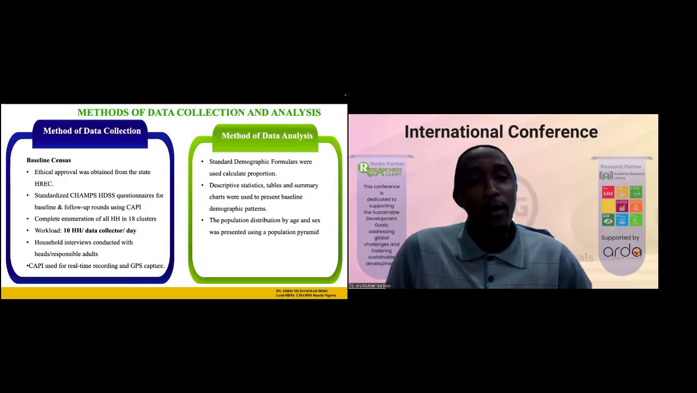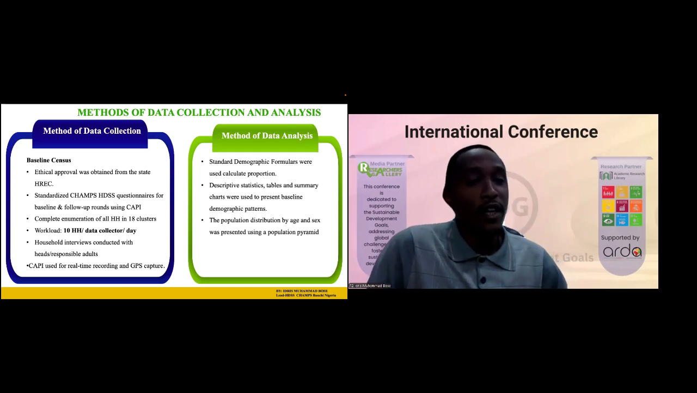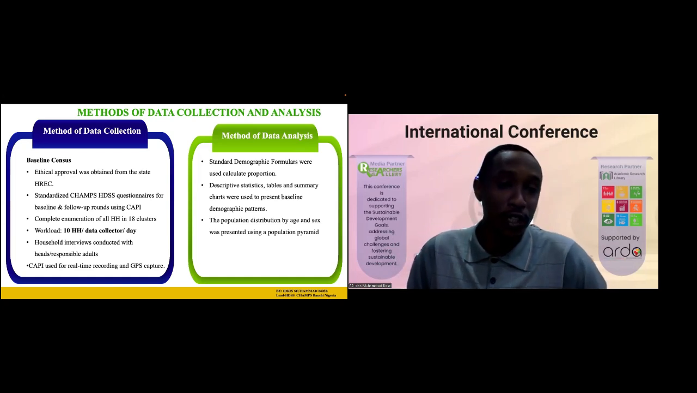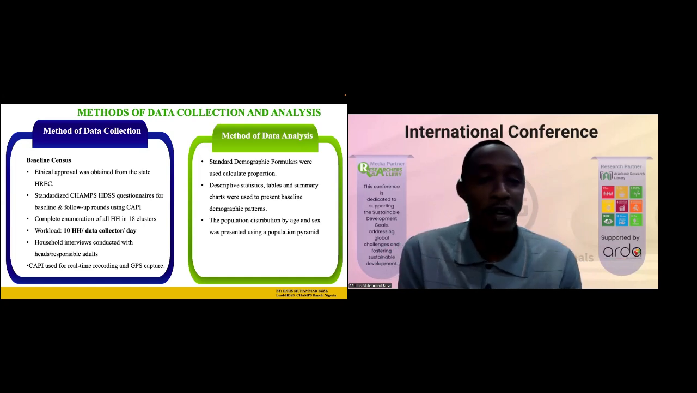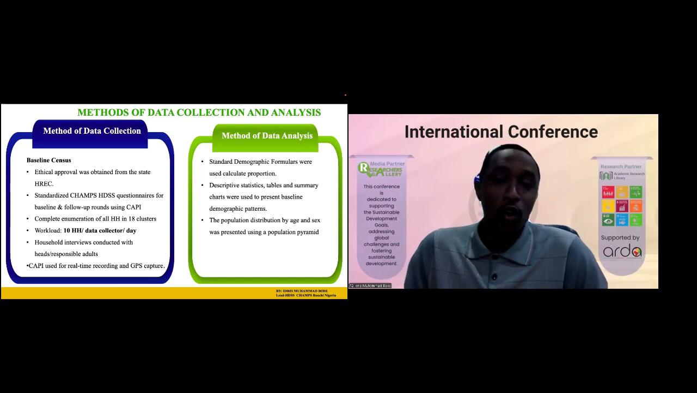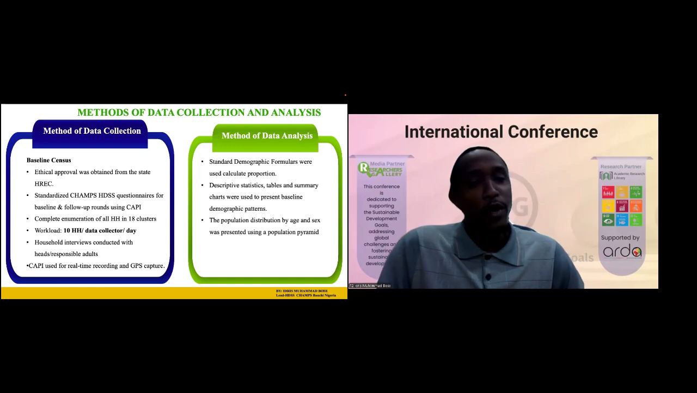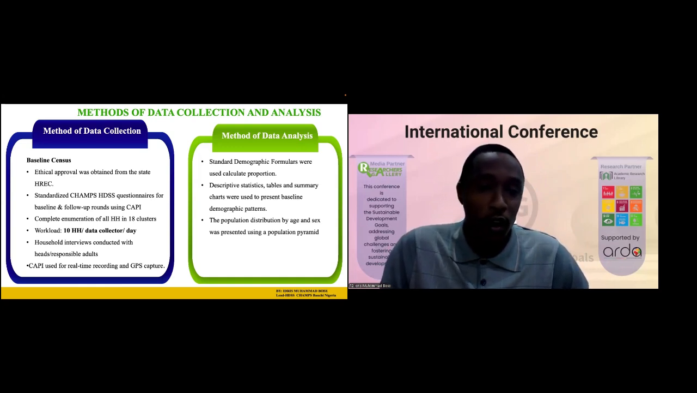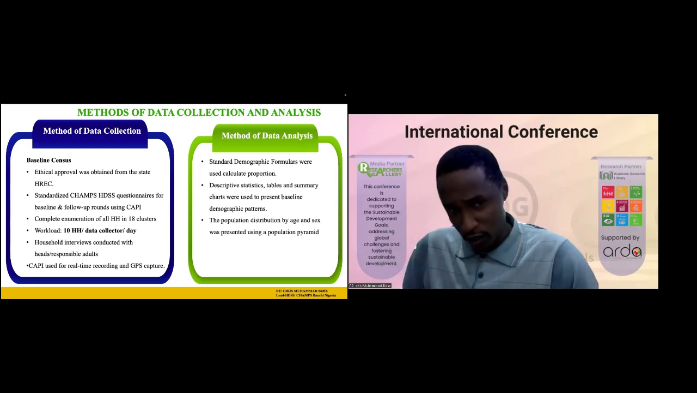So part of the methods of the data collection for the HDSS, for the baseline census, we obtained ethical approval from the State Ministry of Health Research Ethics Committee, and then the standardized CHAMS HDSS questionnaire for baseline and follow-up rounds was used with a computer-assisted personal interviewing system. Then a complete enumeration of households in 18 surveillance enumeration clusters was completed, and the workload is 10 households per